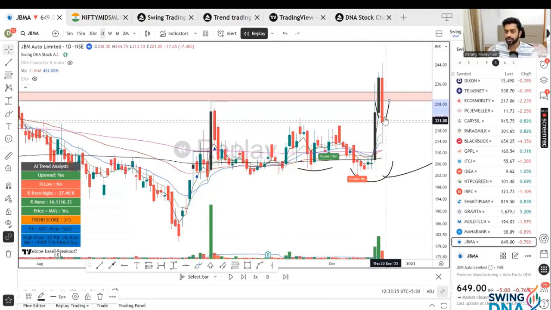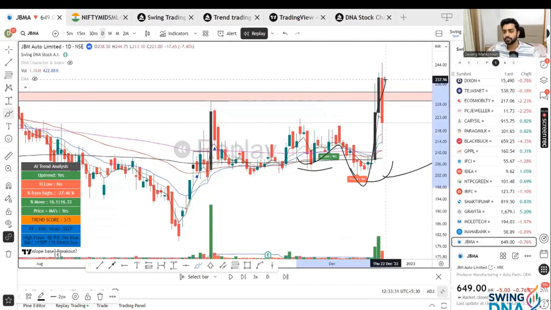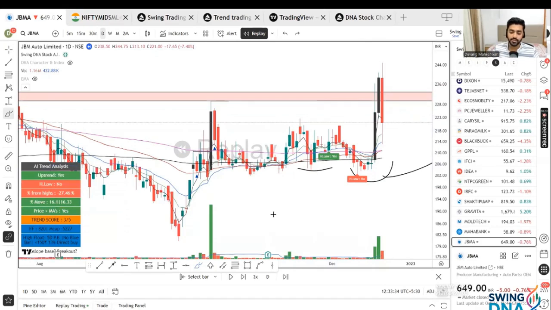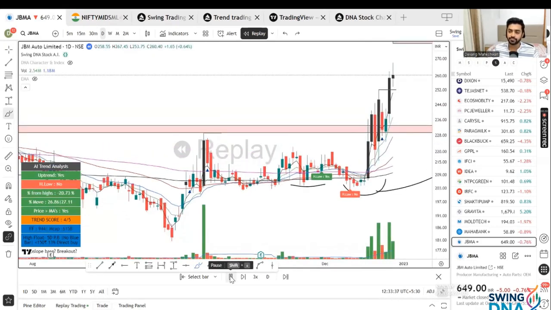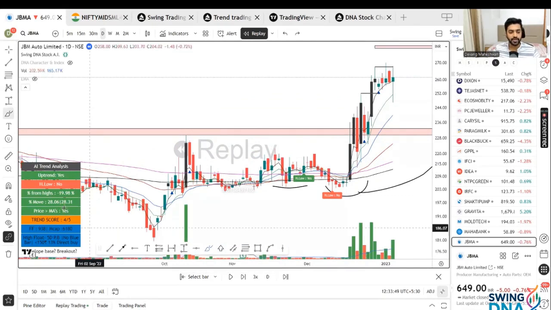And in a wrong structure, it simply broke out from the bottom. Now it has to make a higher low then. Let's just analyze this, play this, how it unfolds. It's a move which is coming up here, a very, very slow kind of move. Okay, 5 days already gone, 2 days gone. Now it has come within your percentage. Here, when you have this high,